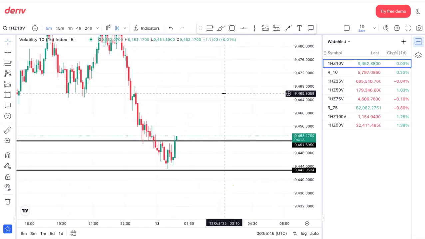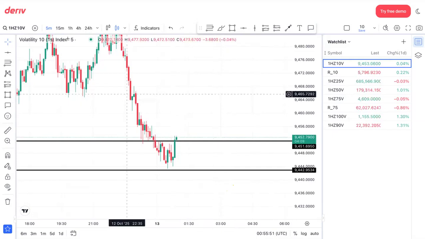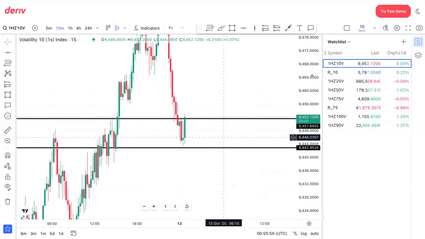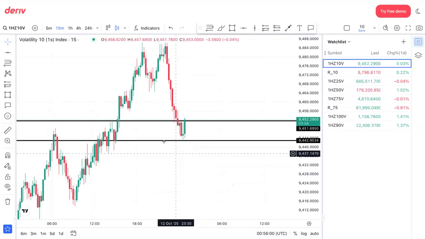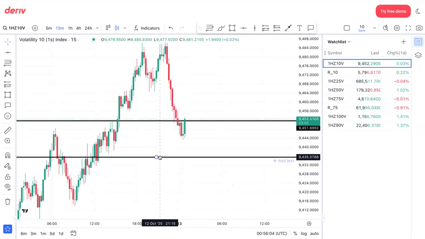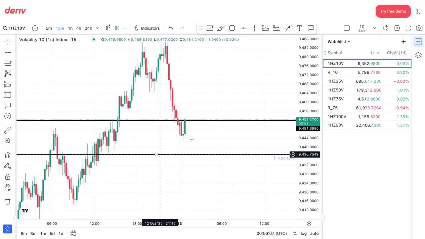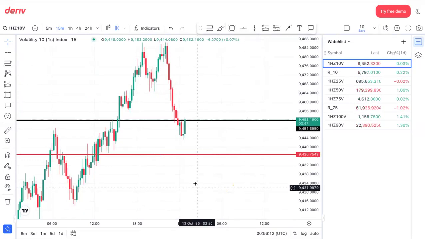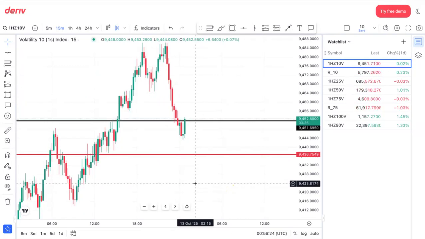Alright, everybody in, guys. 10 1s for the buy. Alright, go to my 15 minutes. Now my stop loss, I'm going to bring my stop loss down underneath these previous wicks right here. I don't want it too close to this area. And that's pretty much it. Bear in mind 10 1 is a little bit on the slower side, to me. So we're going to give it some space. Alright guys, 10 1s for the buy, everybody in. Stop loss is